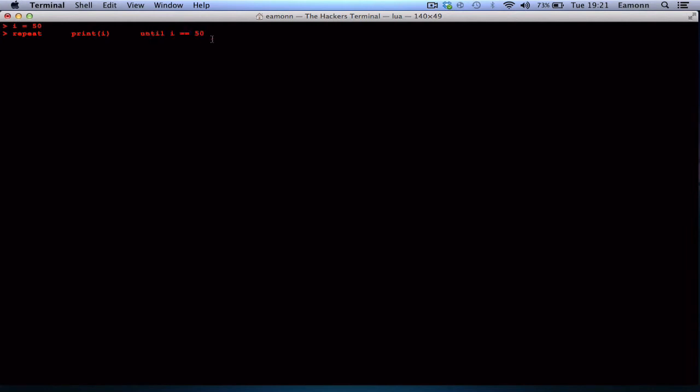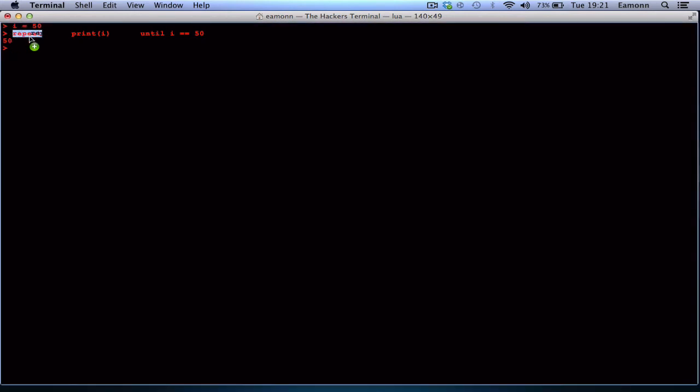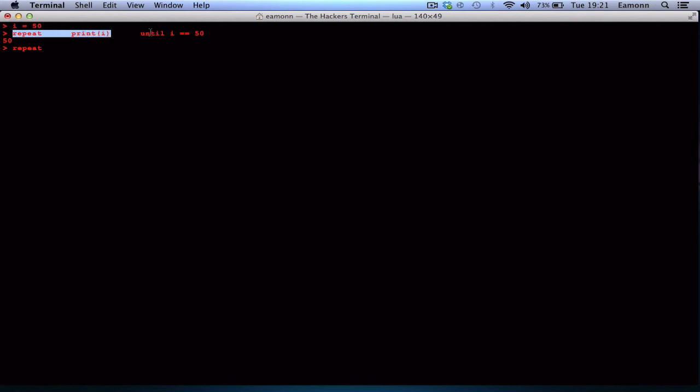So you might be thinking to yourself, but Eamon, this loop won't run at all because i is equal to 50. Or if you're really smart, and you haven't programmed a loop before, you might think, oh no, wait, there's a twist here. It will run. How? It only prints 50. But why does it do that? Well, repeat this block of code until this is true. But this is already true. But if you notice, it runs the loop first, and then checks the condition. This is a condition, so it checks to see if it's true after the loop runs.